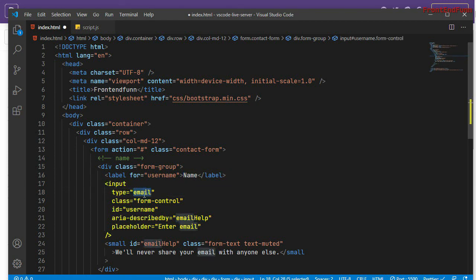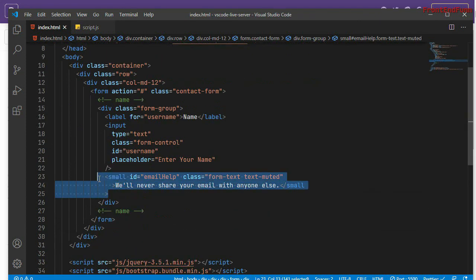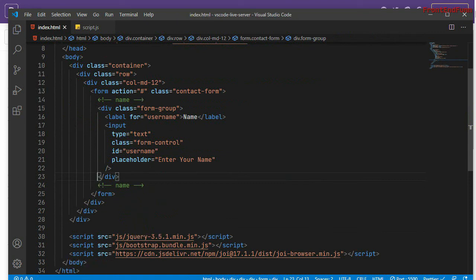Fine. The type should be text here, and for now let's get rid of this aria, and the placeholder will be enter your name. Okay, and we don't want this help text.